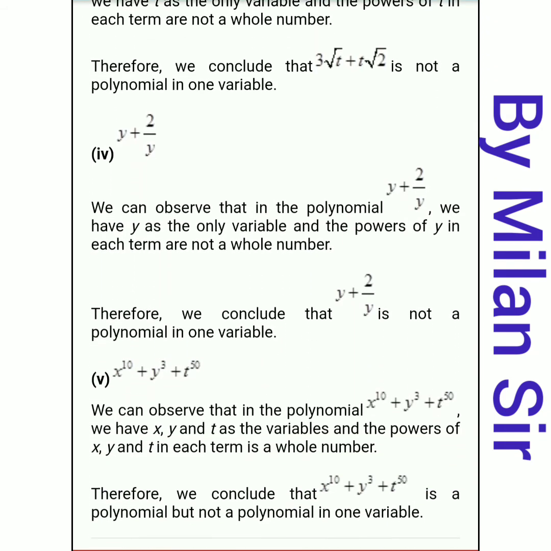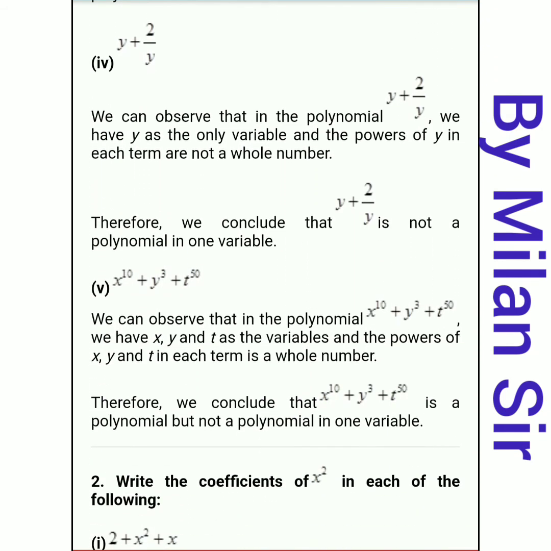Then question number 4. Here y plus 2 upon y. Again here we have only one variable y, right? But look at the second term, it is 2 upon y, right? If we transfer any variable from the numerator to the denominator, or from the denominator to the numerator, the sign of the exponent changes, right? Here we have 2 upon y, that means 2 upon y raised to 1, right? So how can we write this y in the numerator? So we can write it like this, 2.